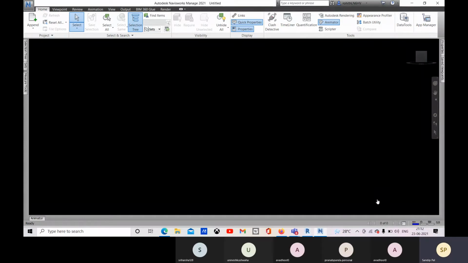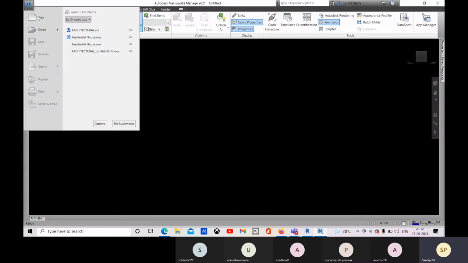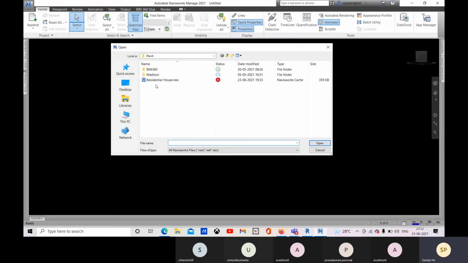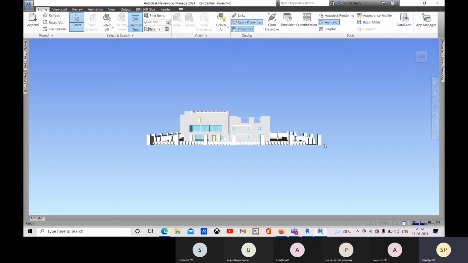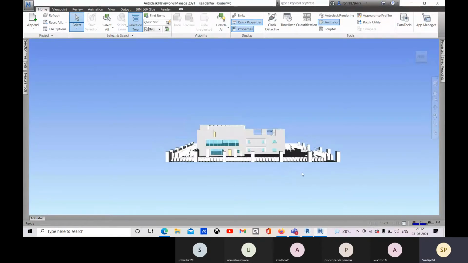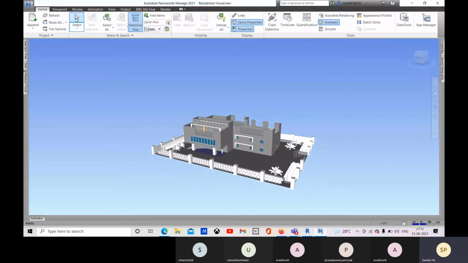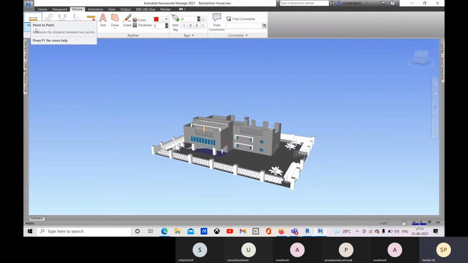Okay. Now let me show you how you can open any software files like Revit, SketchUp, or AutoCAD or 3ds Max file. Here you can go for this open and you select that file. Click on open and that is loaded right now, as you can see. Okay. And here you can go for the review. You can review, add some measurements, you can create some text, and wherever any revisions are needed, you can highlight them with this cloud marking.